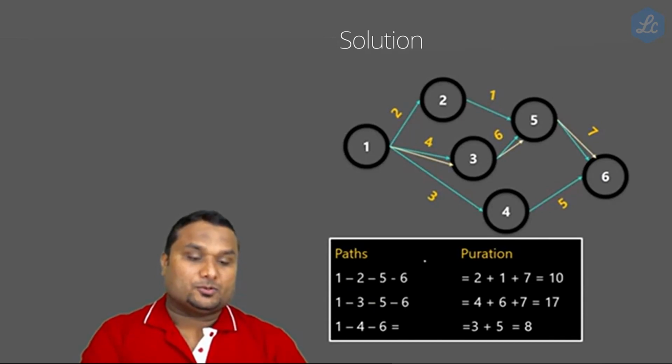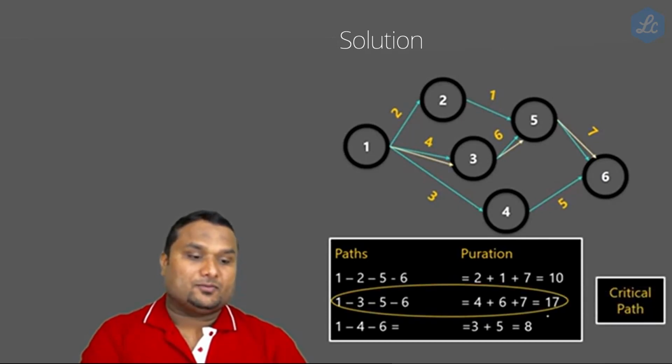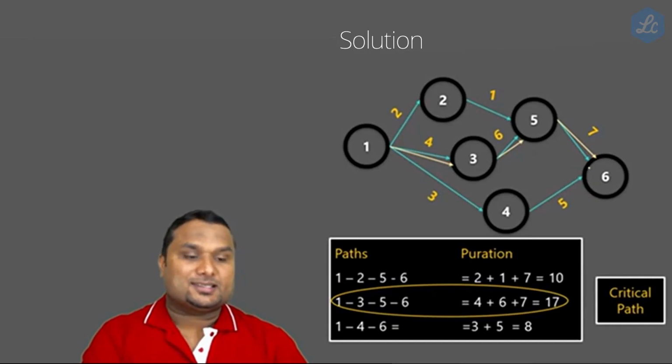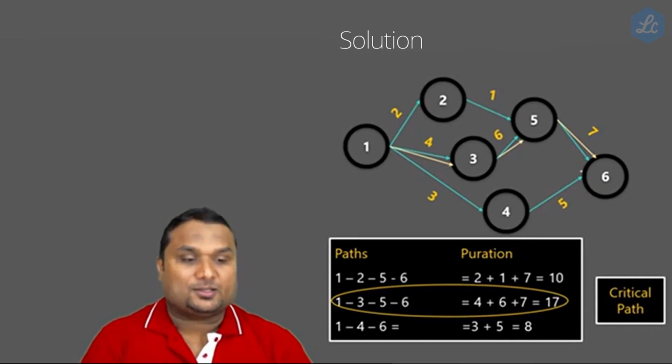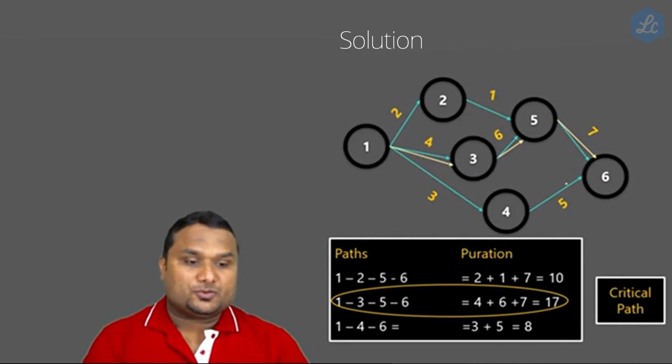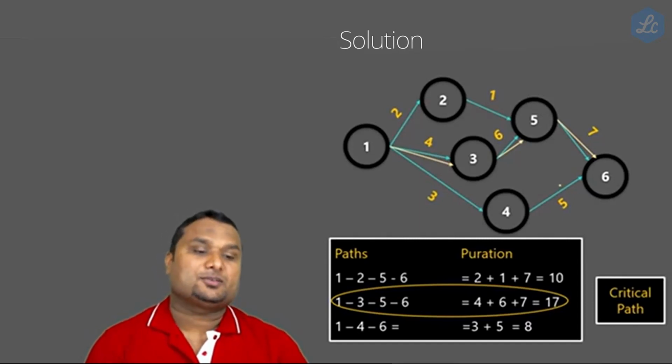Now what we are going to do, on this 17 which we marked, this is our critical path, and we are drawing one more line over here in the critical path. So draw another line over here. So this is something called the critical path of the project. This means the duration to finish this project will take 17 days. This is the duration of the project.